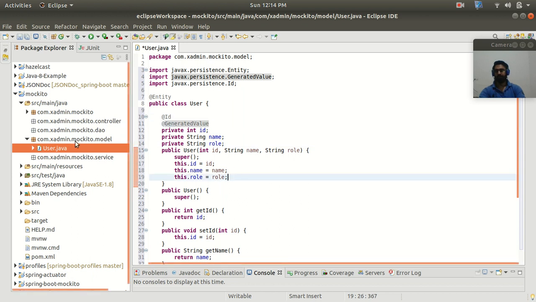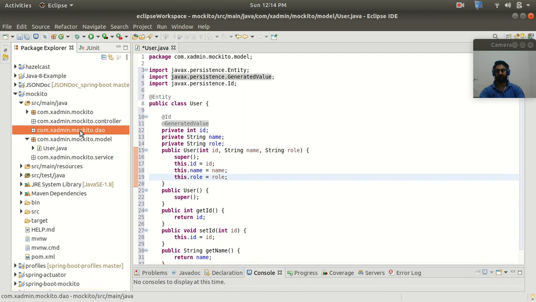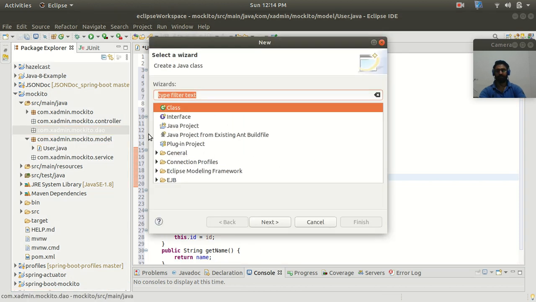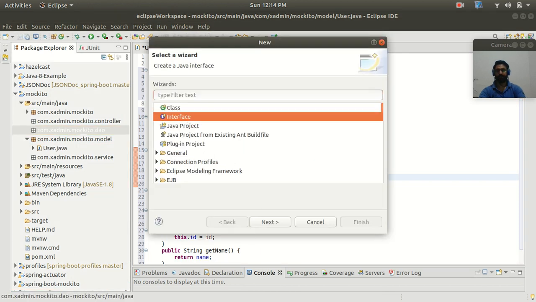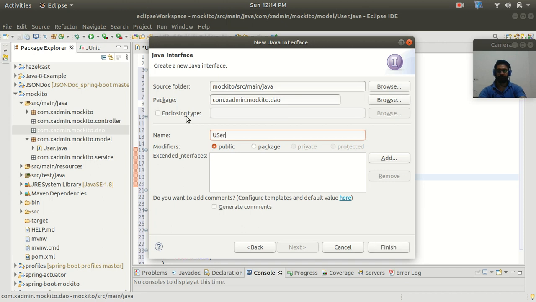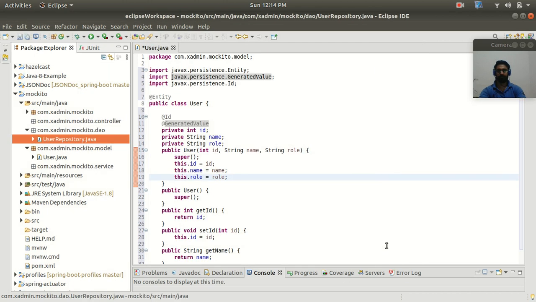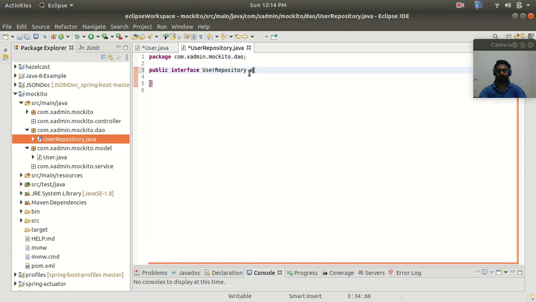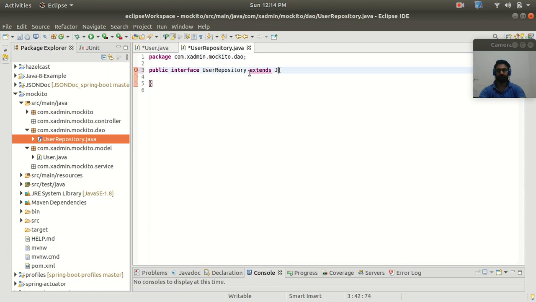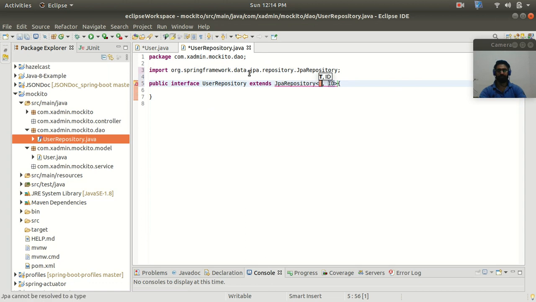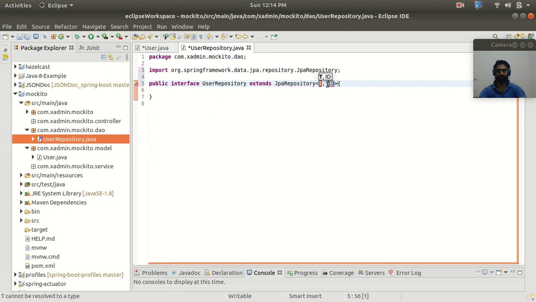So now I am going to write a DAO layer. So here I'm going to create one repository interface. It will be like user repository. So it will extend JPA repository, and here I'm using a JPA repository for the CRUD operations.